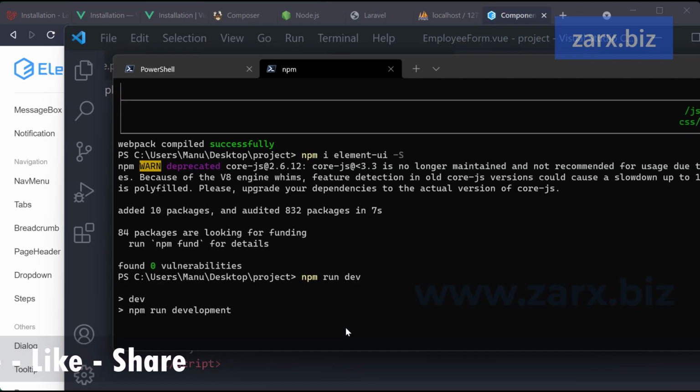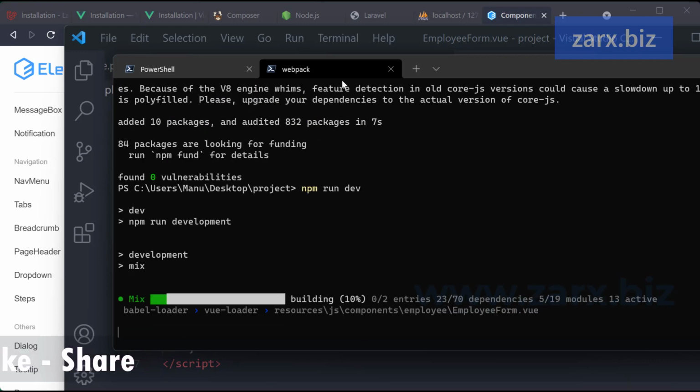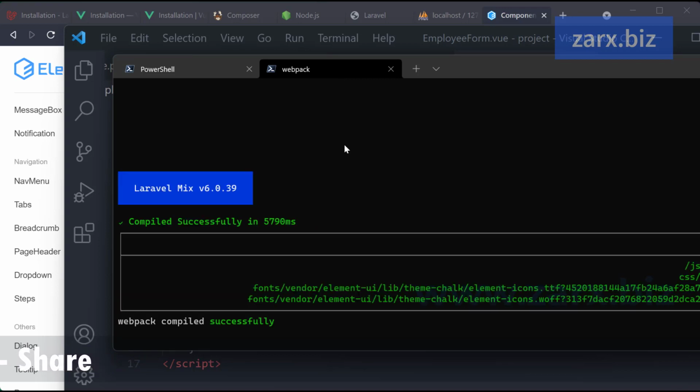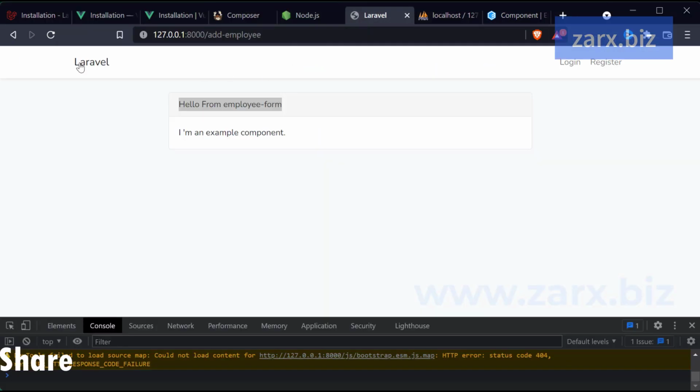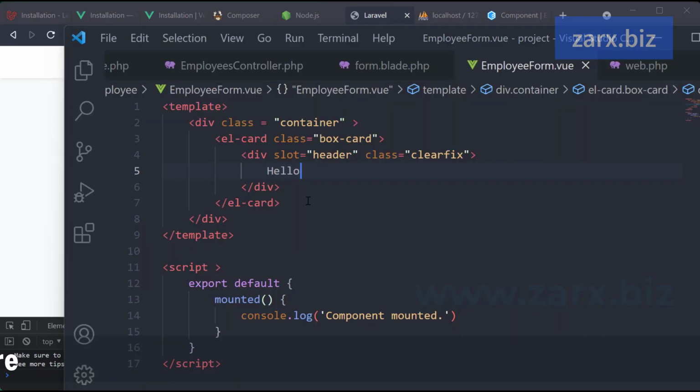So I run the npm run dev, and okay, it's completed. Go back here, refresh. We have hello. So you can see that it's a nice card there. So that means our package is working just fine. So what we can do now, we can